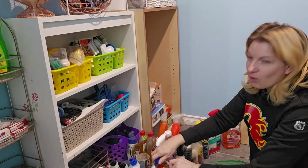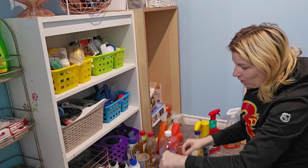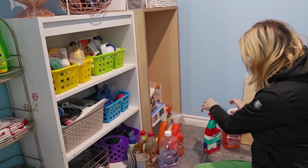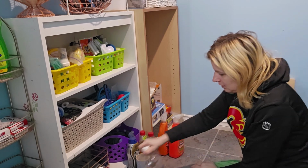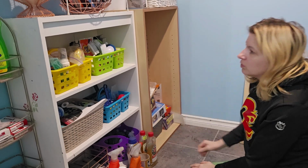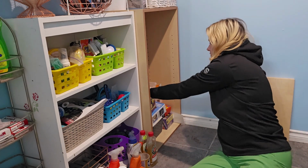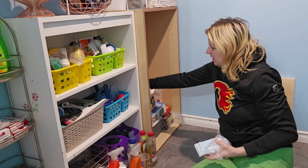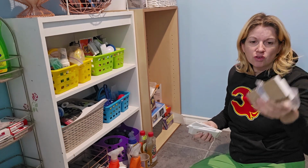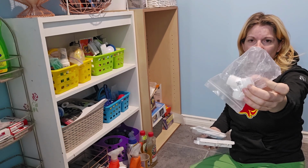And then I realized, before I go and put this away, I've got to put these shelves up so I can put the cleaners that are staying in here on these shelves. So, a lot of cleaners, but I had gone through and gotten rid of cleaners that I know I'm not going to be using. And then things like these, all the outlet covers I still have to put on, and pieces of cut drywall, and another one of these little Y connector splitters for the